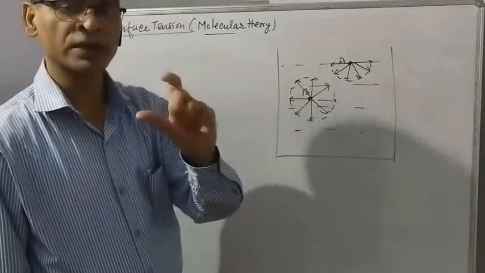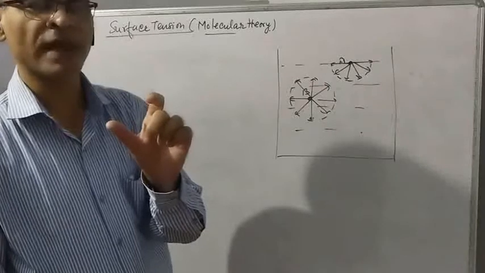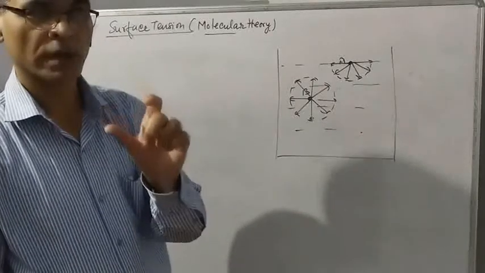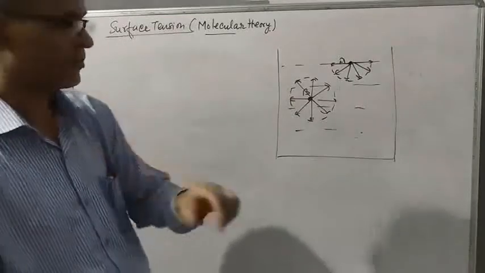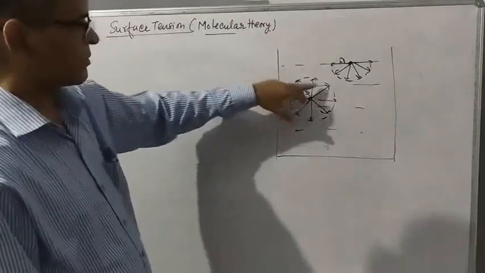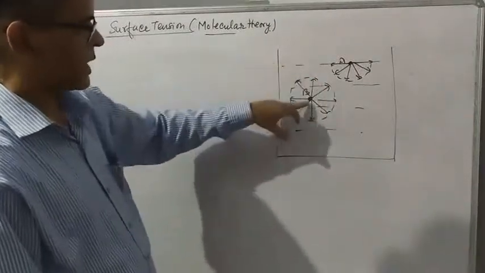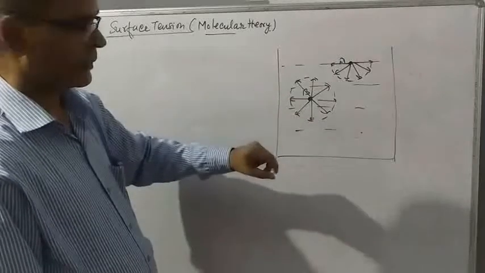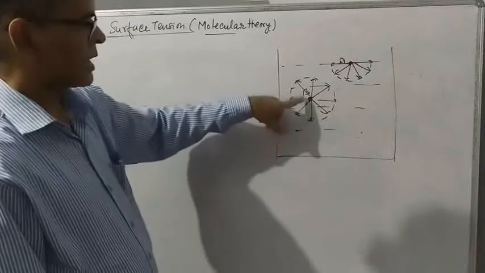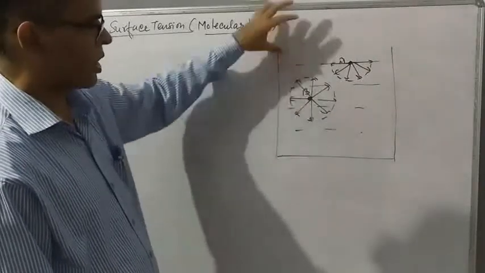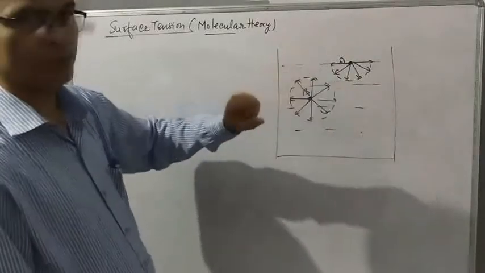Molecular range is the distance within which intermolecular force is effective. So taking molecular range as radius, we can imagine a sphere around molecule B. All the molecules present in this sphere are attracting molecule B in all possible directions. So the resultant force acting on B is 0.